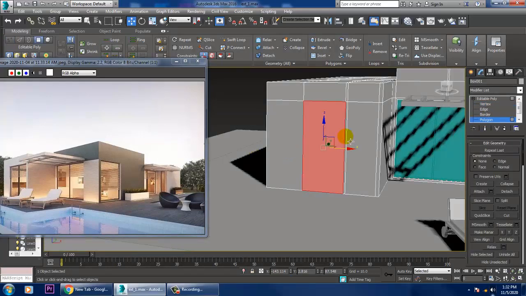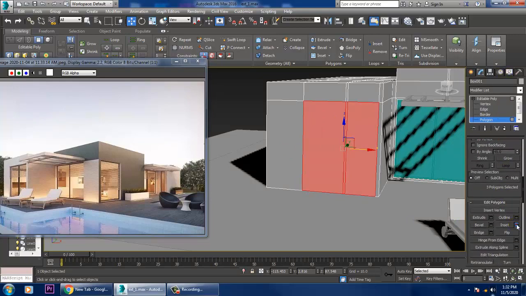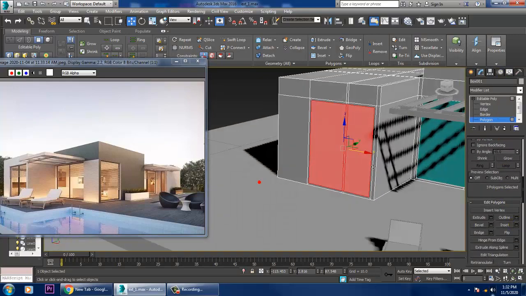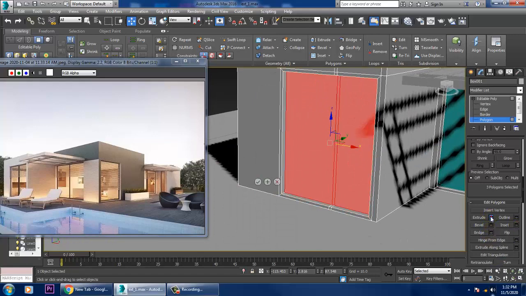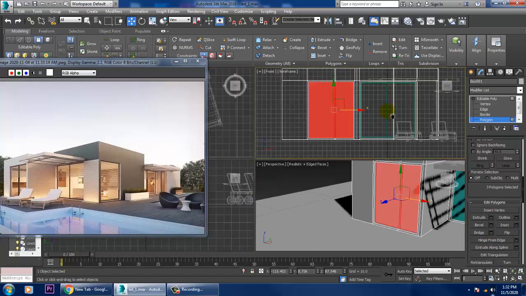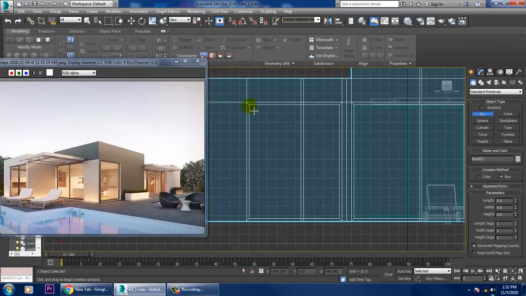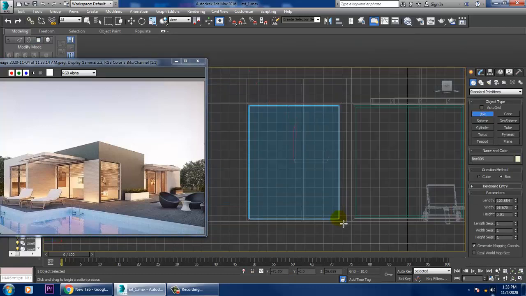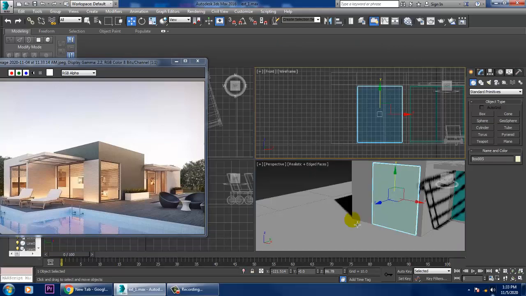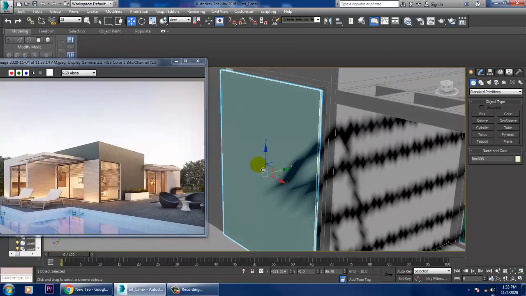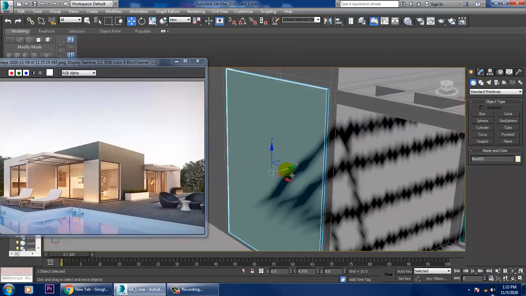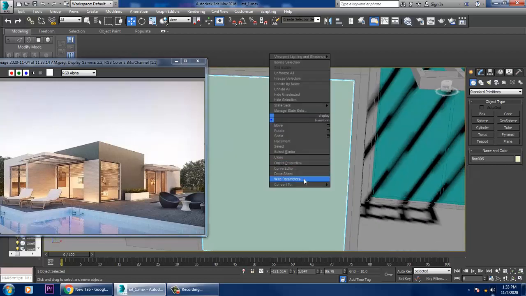Select this polygons over here, and let's just give a bit of inset over here again, and let's again extrude it a bit over here. Again, take a box over here. Let's take a box. After taking a box, let's just push this box inside, convert to editable poly.